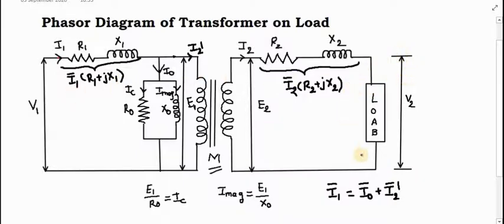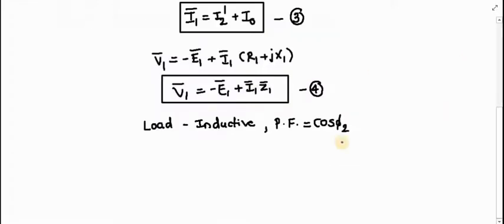So on the load side, what is the first component? It is nothing but the voltage V2. So I will take V2 as a reference vector. Now remember, the quantities on the primary side I will draw in red color, and the quantities on the secondary side I will draw in black color. As we are starting from the secondary side, I will mark V2 as the reference vector. So this is my V2.